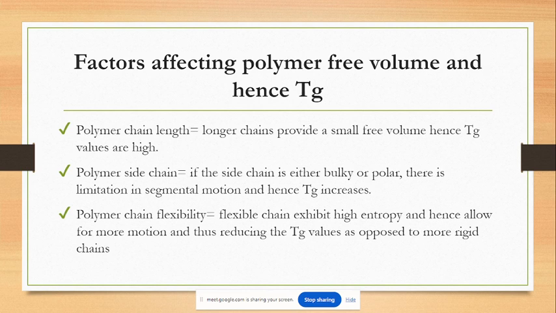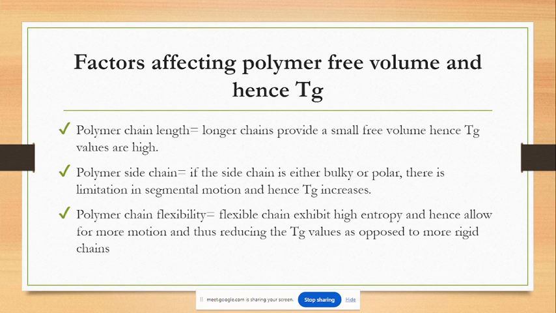So high temperatures, that is Tg, will be required to convert from amorphous to viscous and more fluid. It needs to be very high. Longer chains are going to demand high Tg values. Now, how would the polymer side chain be a factor that affects the segmental motion and hence